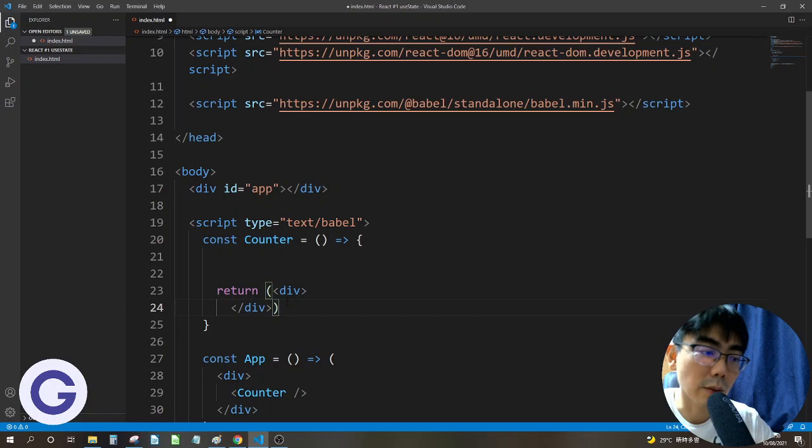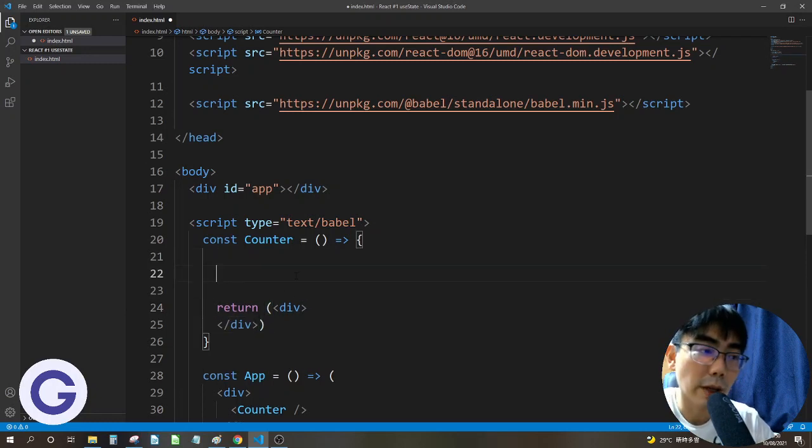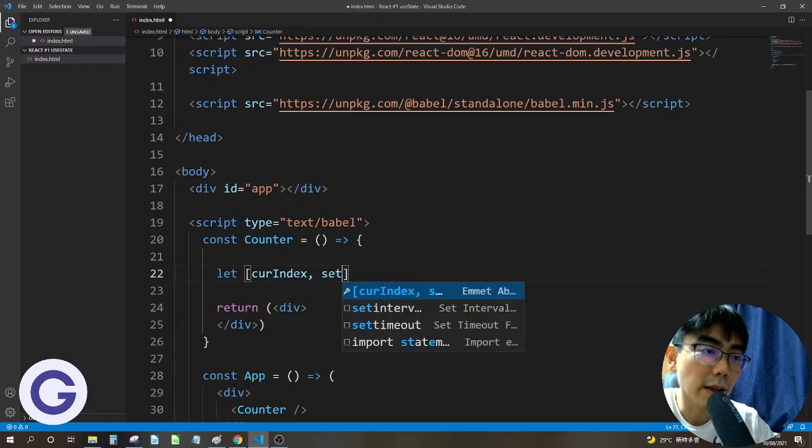But before that, we won't return it. So here now we want to have the useState. So let the cur index. So we will have a cur counter. Let's call it cur index, and then the set index